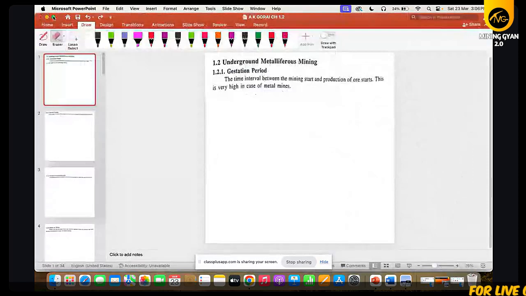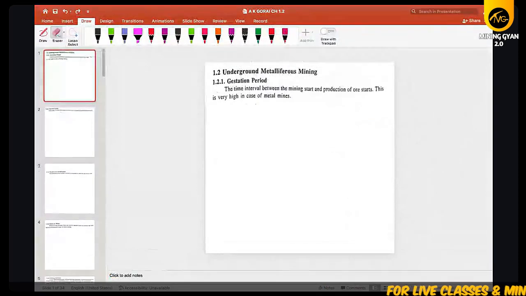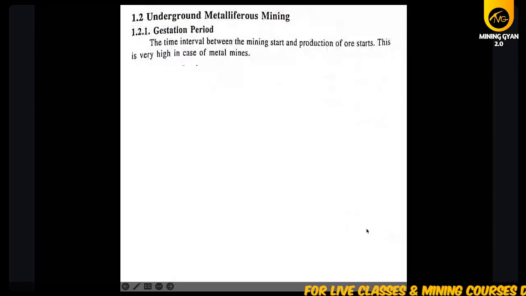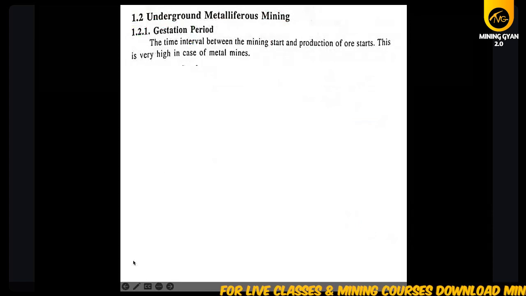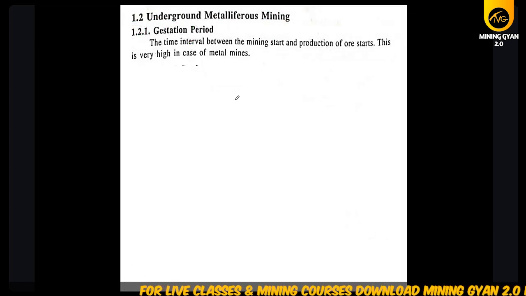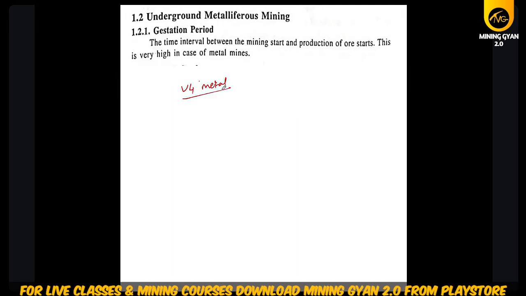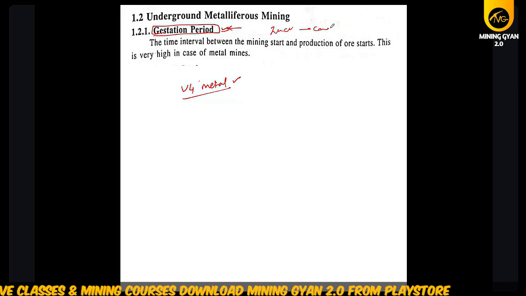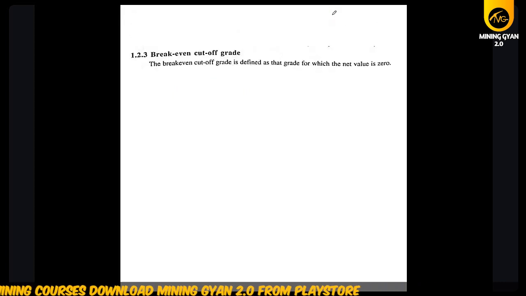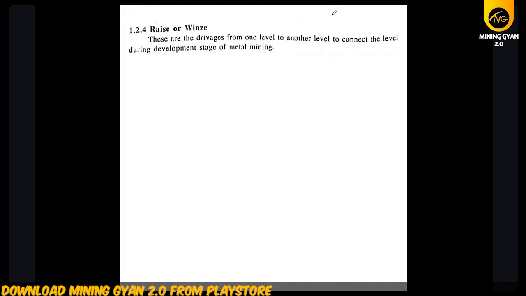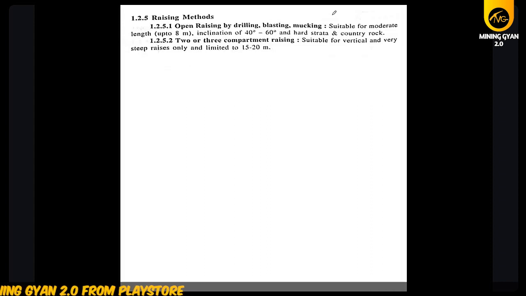Yesterday we started our chapter 1.1, which is basically about the underground metal mine, and we discussed the gestation period for metal mines, and the incubation period we have seen for coal mines. What is cutoff grade we have seen, break even cutoff grade, raises and winzes, and various types of methods